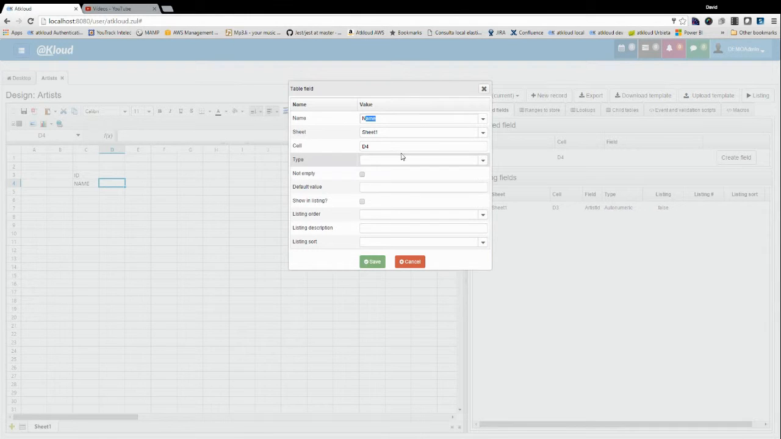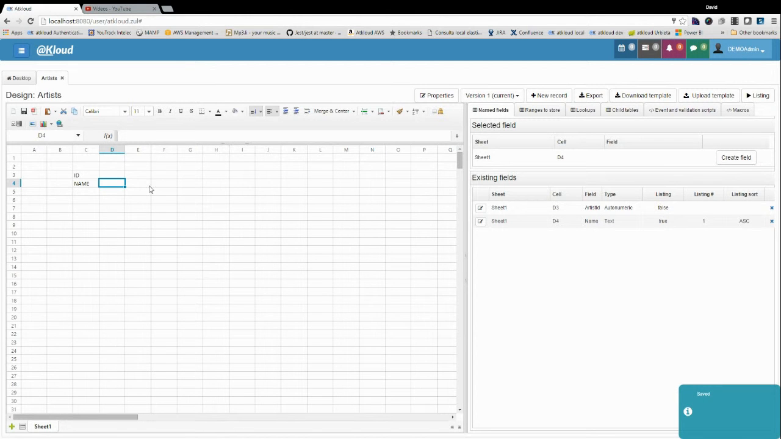name is a text, and we also want this field to appear in the listing. The listing is a list of all the rows in the table. So we want it in the listing in the first position. That the description will be artist name, and the listing will be sorted by this field in ascending order. Okay, and now we can finish